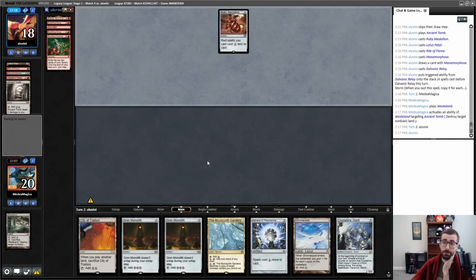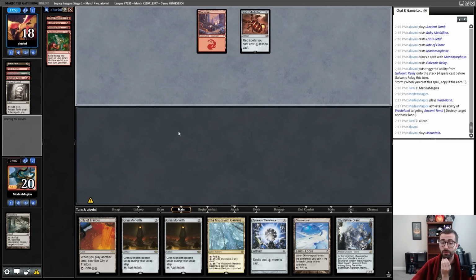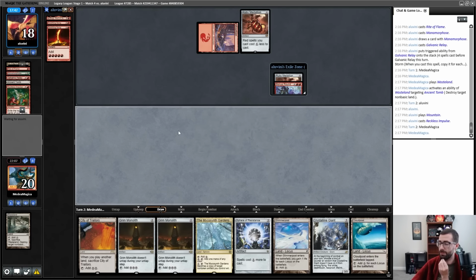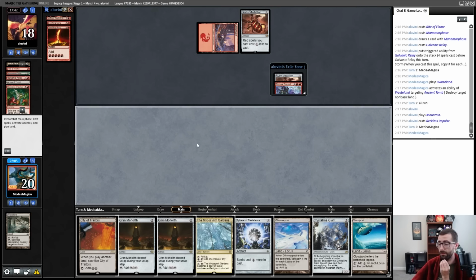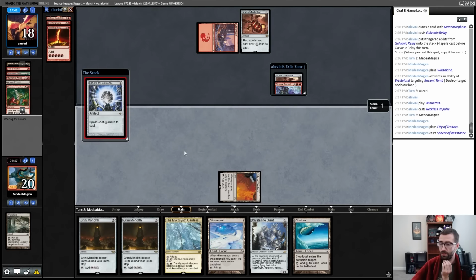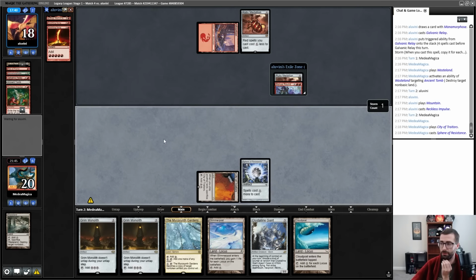I'm afraid of Lotus Petal here. Lotus Petal, Ancient Tomb in particular. Reckless Impulse does not get my opponent anywhere. Ancient Tomb would be my best draw here. Negative. City into Grim Monolith is 3 mana, into Grim Monolith is 4 mana. That doesn't do anything. So accordingly, and slightly awkwardly given my mana situation, I will just be playing a Sphere